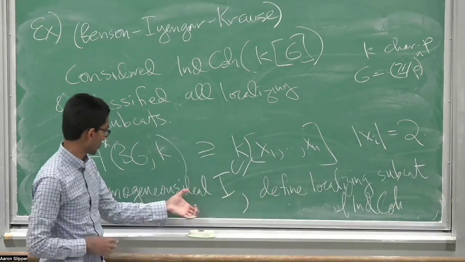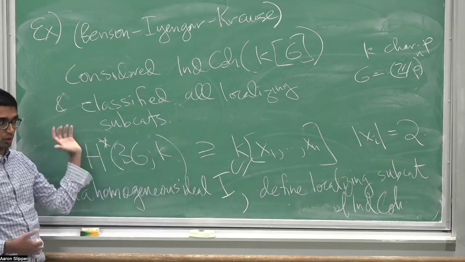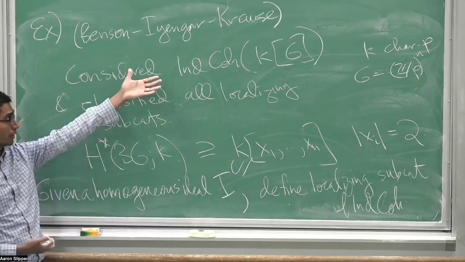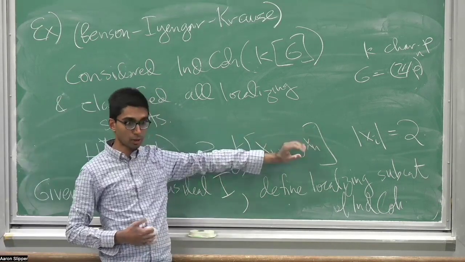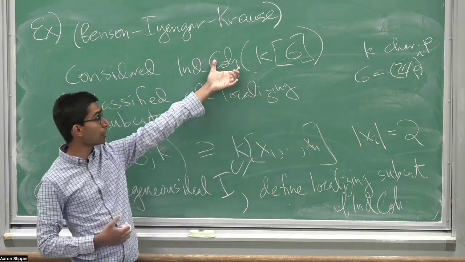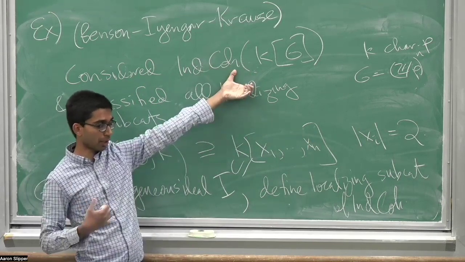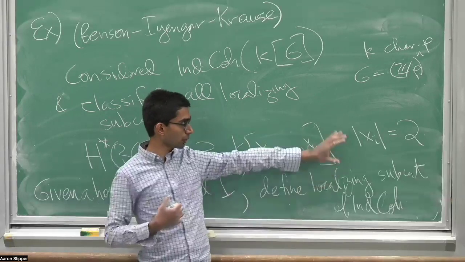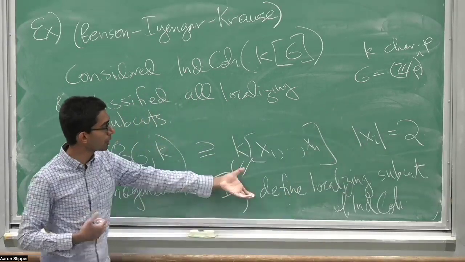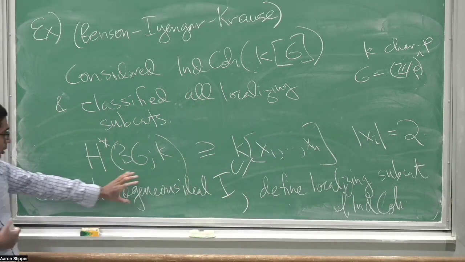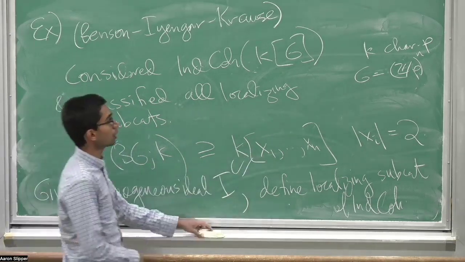And let me just elaborate. So this is the cohomology ring of K, which is the endomorphisms of the unit object in ind-co of K brackets G. So these cohomology operations are endomorphisms of the unit, but they induce endomorphisms of any object when you tensor with that object. So you get natural degree 2 endomorphisms of any object, and you can define a localizing subcategory for a homogeneous ideal by saying that those endomorphisms are all locally nilpotent. So explicitly,